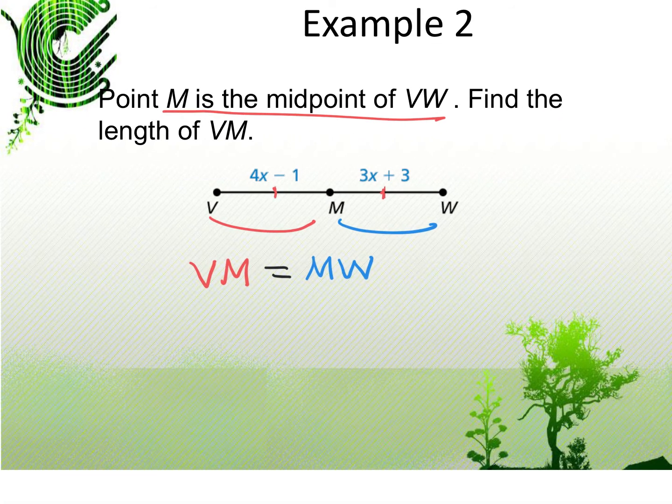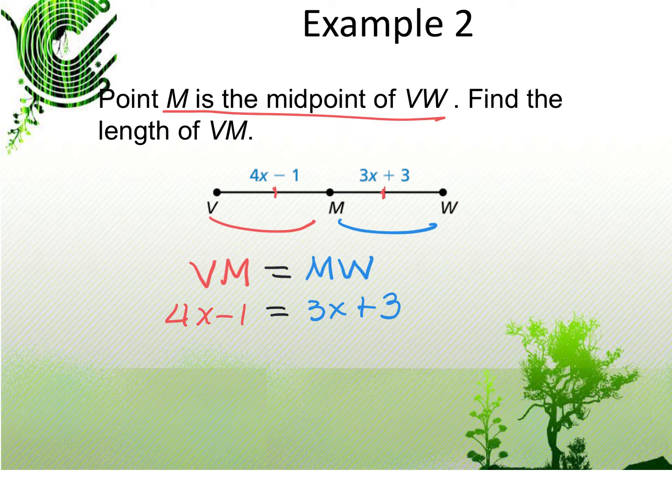Now I'm going to substitute in the expression for VM, which is 4x minus 1. Substitute in the expression for MW, 3x plus 3. And now I have to use my Algebra 1 skills. I need to move my variables to one side and my numbers to the other side of the equal sign. Now, it doesn't matter if you move letters first or numbers first. I'm choosing to move my letters together first, and I'm going to move them to the left. Again, you could move them to the right. It's totally up